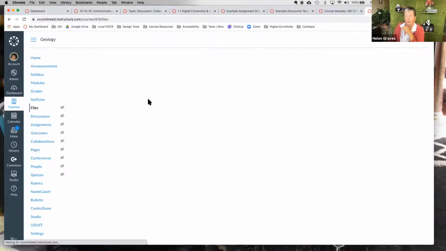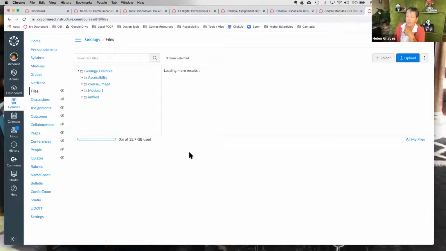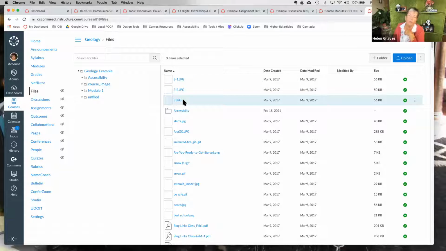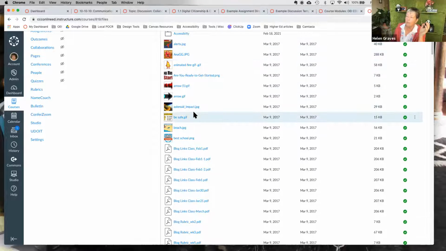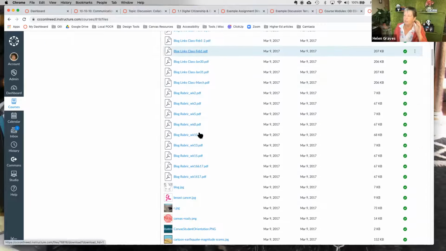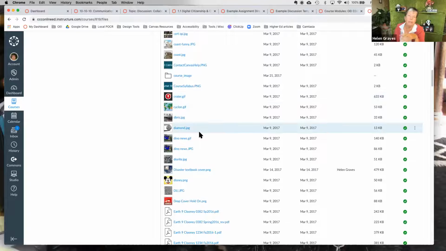Now, it may be that your files don't look like this, but what is often the case is there is, and you can see it's a lot of stuff because it's taking a while to load. There's multiples of the same thing, different versions from different semesters, or you forgot you'd already uploaded it, so you upload it again. There's all kinds of stuff that's maybe from past semesters, and it just goes on and on and on. And it's very difficult to find anything or to know what is still being used and what is detritus.